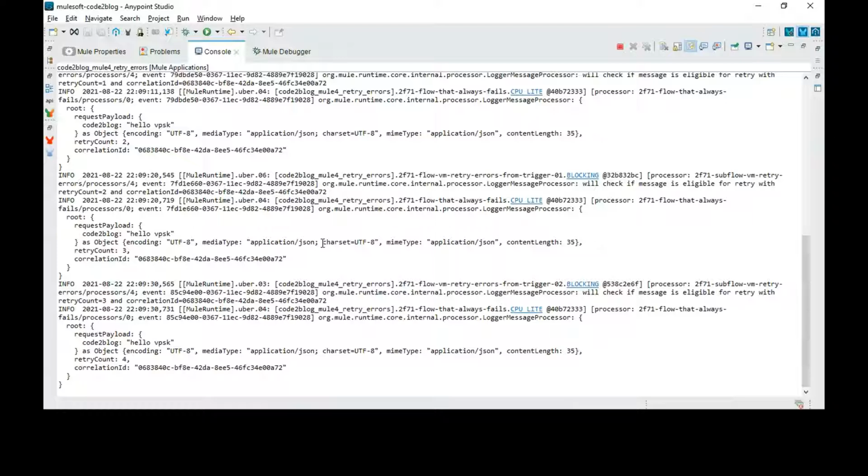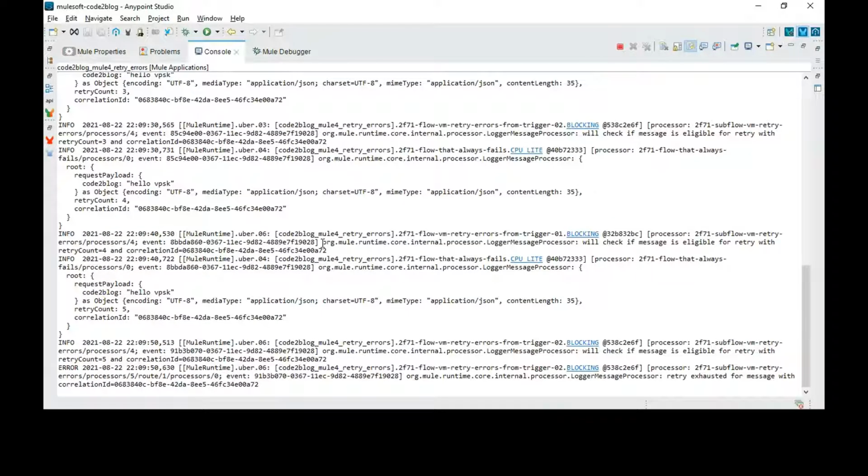Some more examples of the different data types being accepted into the application. Each and every time that I invoke this flow, it fails.